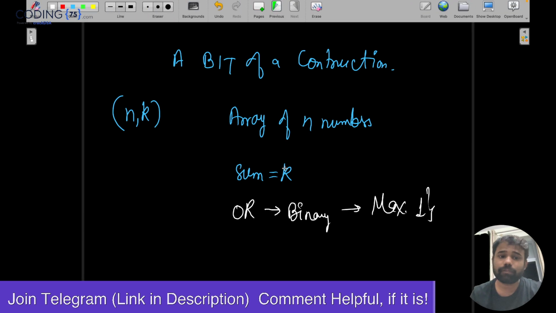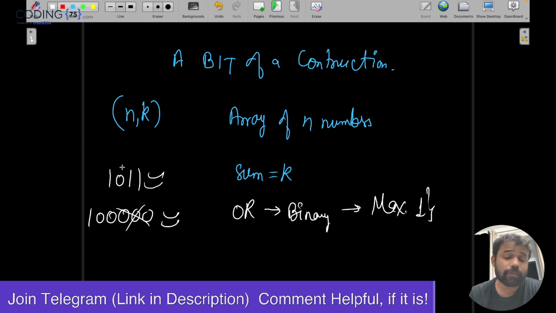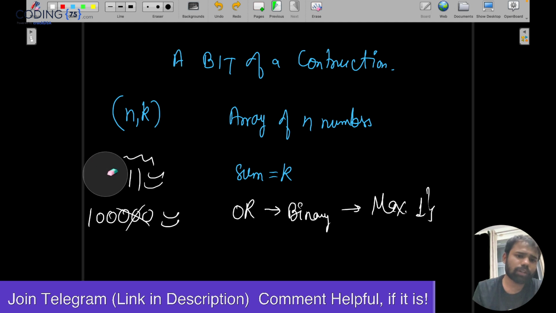For example, if the bitwise OR of this array is, let's say, 0 1 1 1, or let's say 1 0 1 1, and if the bitwise OR is 1 0 0 0 0 0, you will see this bitwise OR is greater, but still this is not the right answer. This is the right answer. Why? Because we have to find the maximum number of ones. Maybe the bitwise OR value is smaller, but the number of ones in that bitwise OR should be greater. Okay, so guys, what we will do, actually, see,